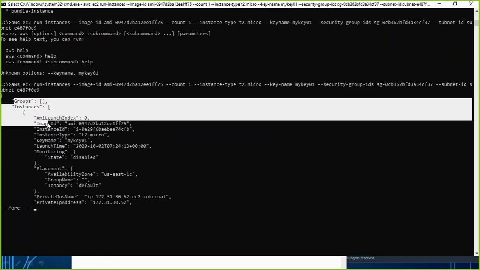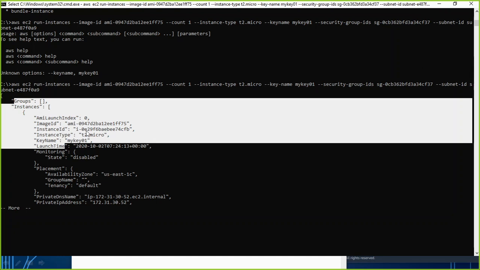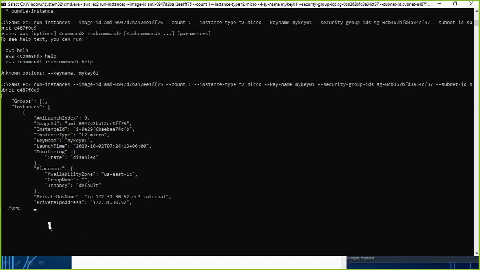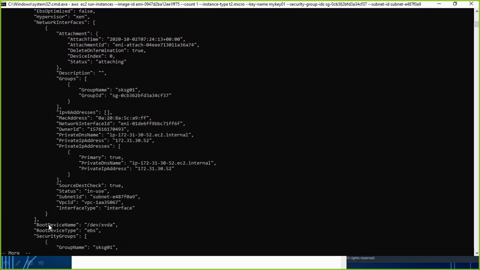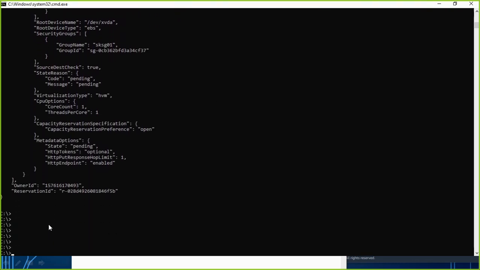It is going to create, and by the help of that, instance ID is this, image ID it is going to use this, key name it has used this, launch time is this. Everything is going well now. You can click enter to see more detail on it, how it is performing. So now my command is executing well and it is going to create the instance.